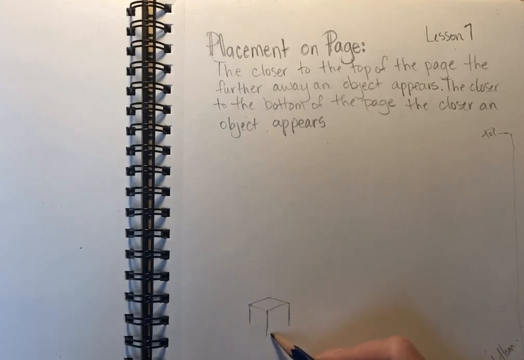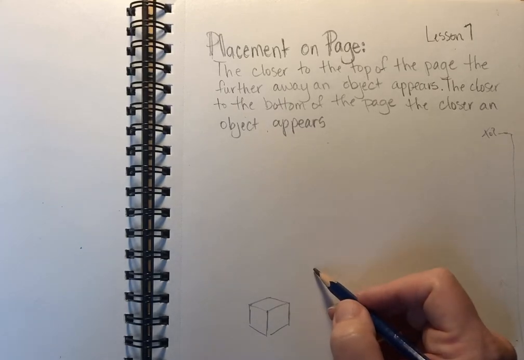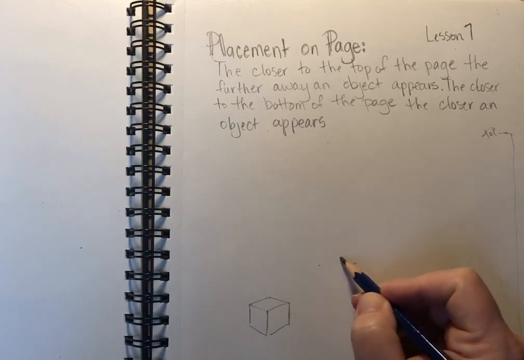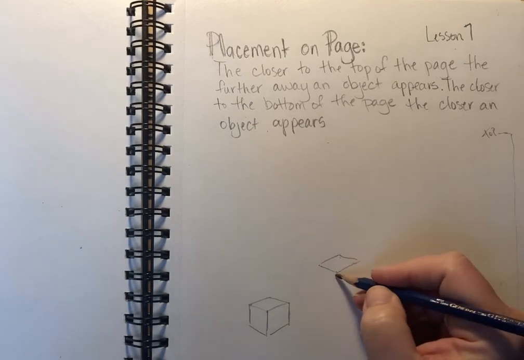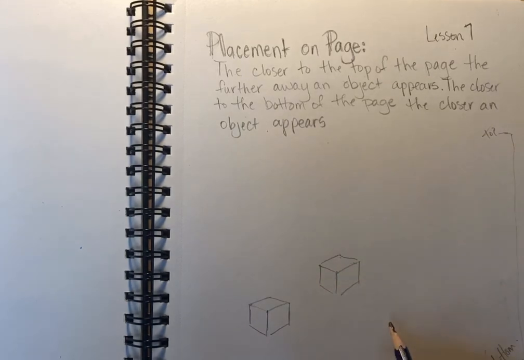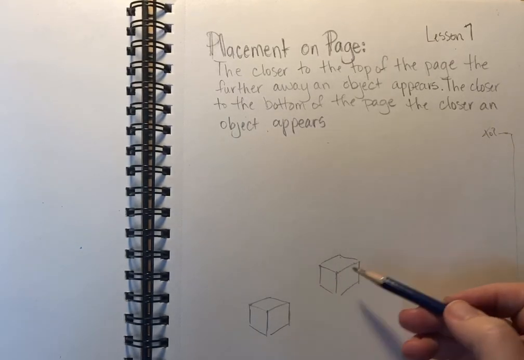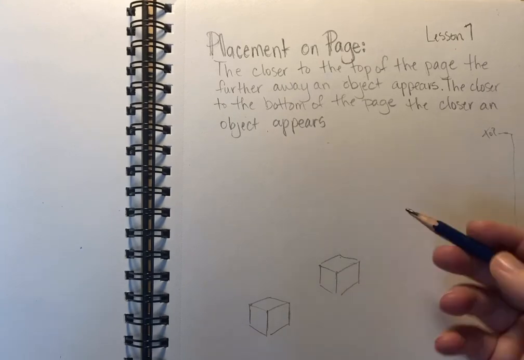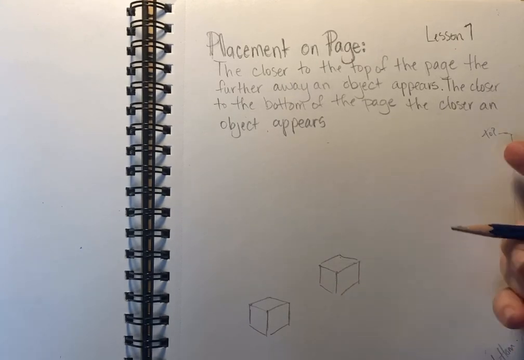Make it more of a cube, there we go. And if I draw the same cube and I put it a little bit higher, so I move up the page a bit, notice what's happening when you look at it. I'm drawing it roughly the same size, but it looks like it's a little bit further away. And as we move up the page,